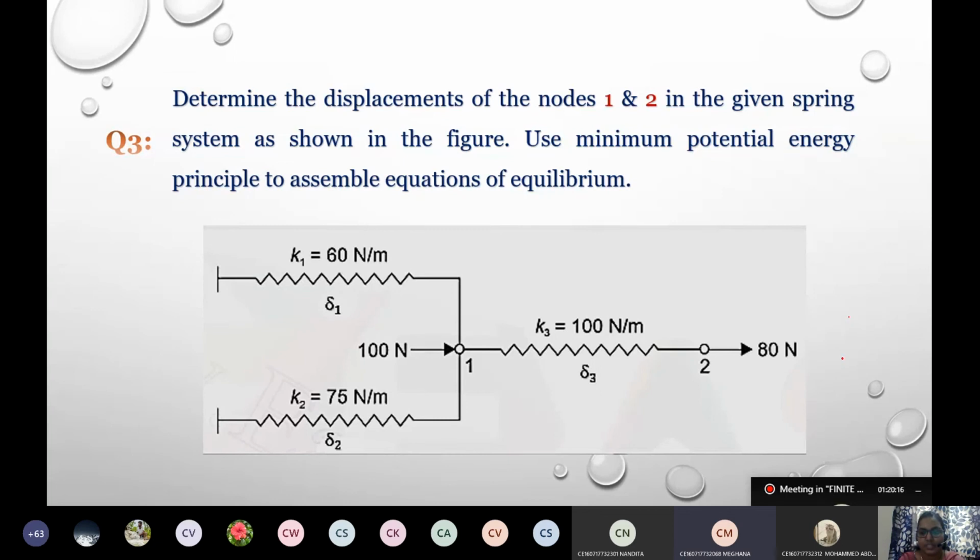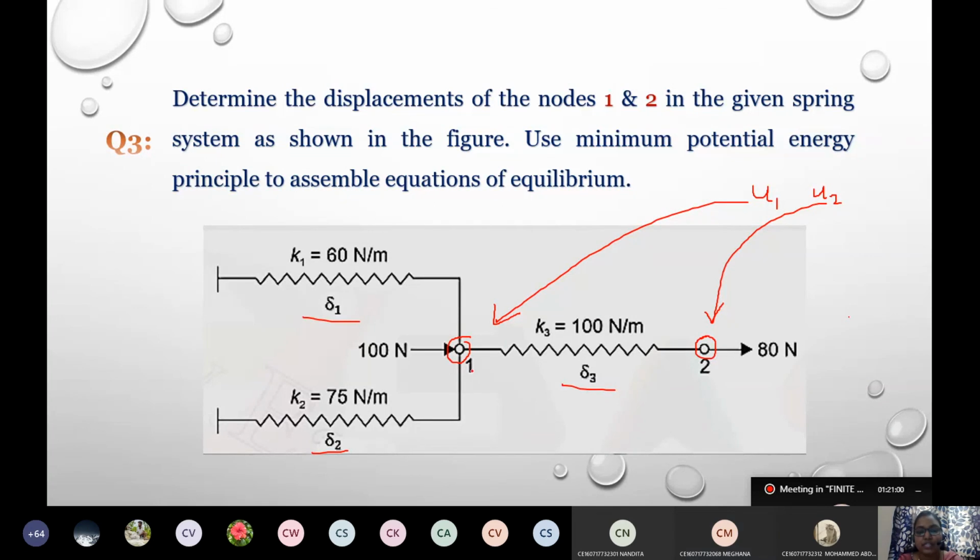Yeah, ma'am. See, please cross check. I'm trying to tell you the solution. We have node 1 and node 2 alone, so we have only 2 extensions, U1 and U2. U1 and U2 are the displacements at node 1 and node 2 individually. Now we have extensions in the springs. The extensions in the springs will be directly related to the displacements in the respective nodes, so the delta terms will be the terms of U's.